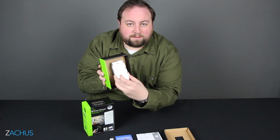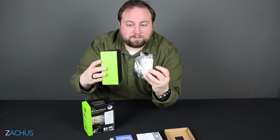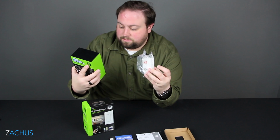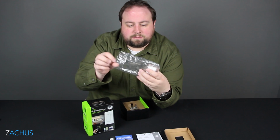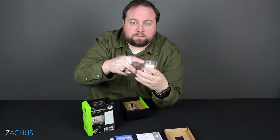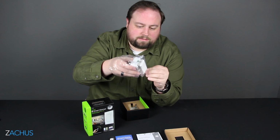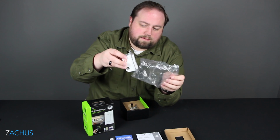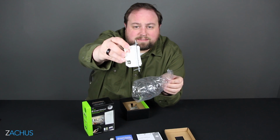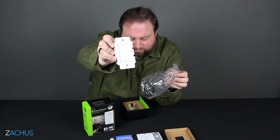So this just comes right out. Boom. Just right out. And it's pretty clean. I'm gonna open this up for you guys. Comes with the screws. It doesn't have a faceplate, I don't think, because it's designed to